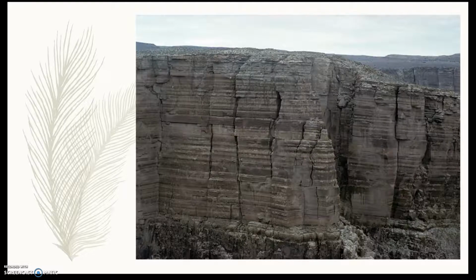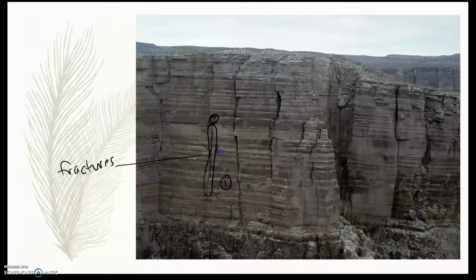So look here. I like this image. This is a really neat image because it's got lots and lots of layers, but you see all these fractures running across it. These fractures have to be younger than the rock they cut across. So if I highlight this one fracture right here, this fracture must be younger than all these layers it cuts into, but look, it stops right here. So it has to be older than that rock right above it. So we could infer the order was first these layers formed, then this fracture formed, then this layer formed above it. Okay, so the law of cross-cutting relationships states that